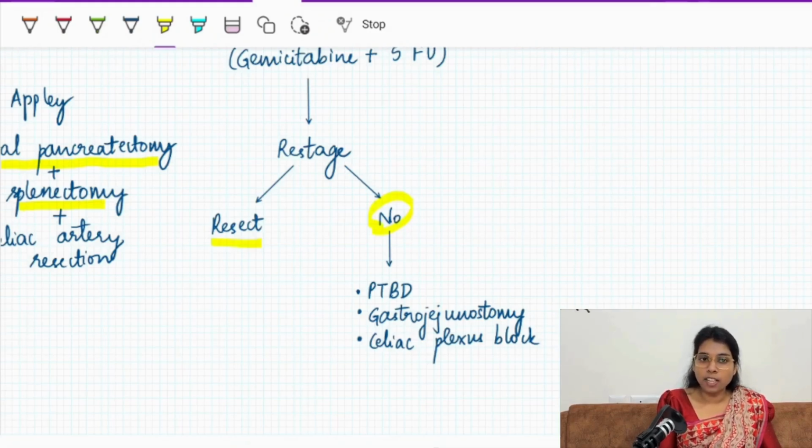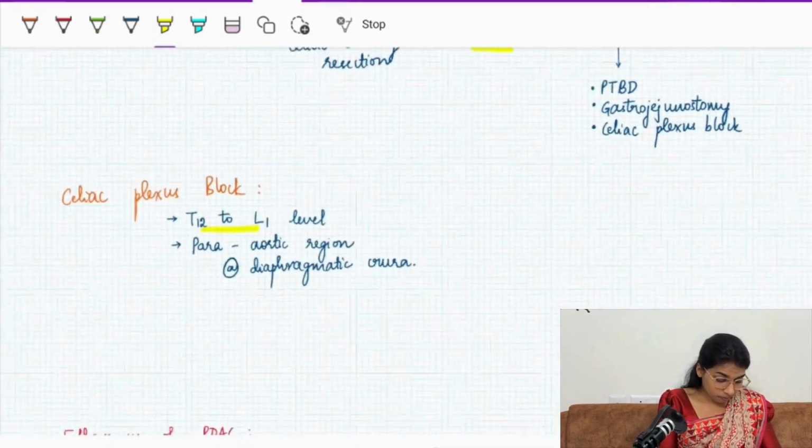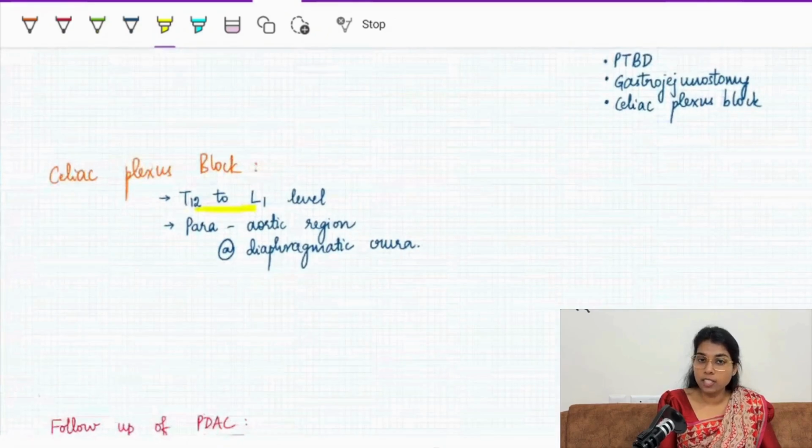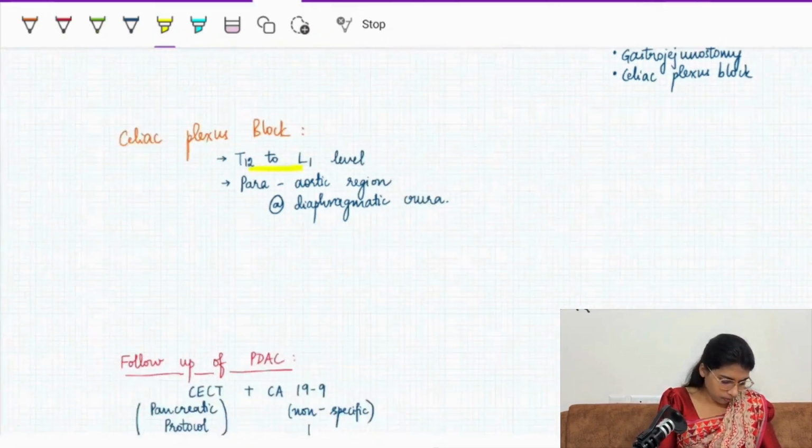That is, if the patient is having jaundice, go ahead and do a PTBD. If the patient is having severe pain, do a celiac plexus block. Now, what is a celiac plexus block? Celiac plexus block is also something which is done by an intervention radiologist. It is typically done at the level of T12 to L1 level. Under ultrasound guidance, we put a needle in the para-aortic region and we inject some amount of lignocaine. This is very effective in causing pain relief to the patient. Now